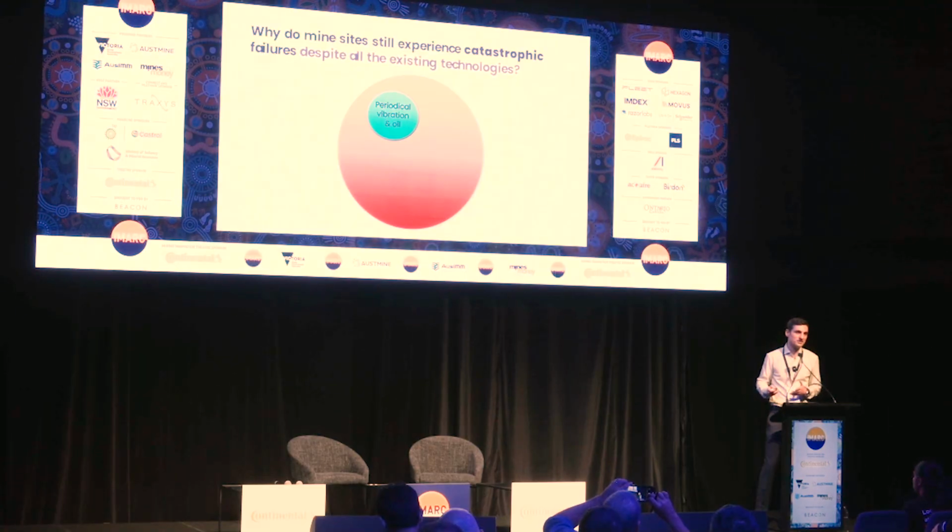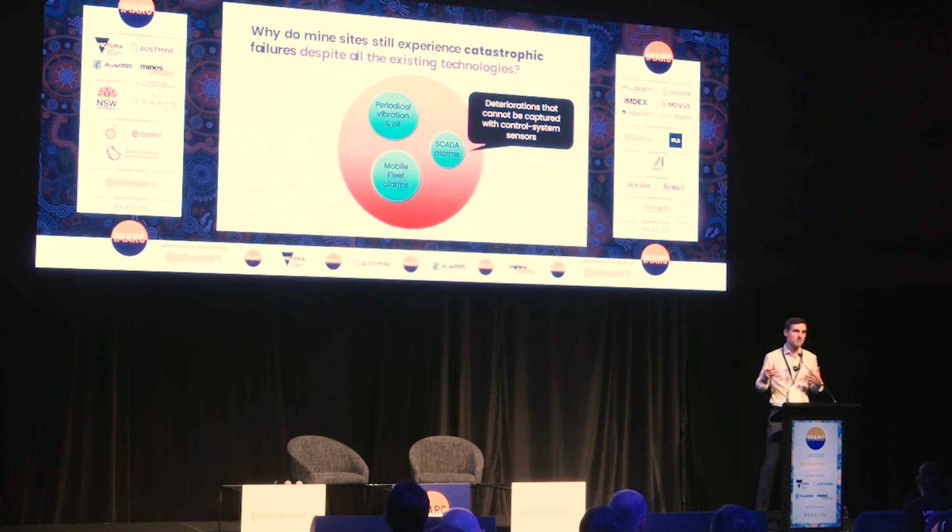Then I have the next one, which is basically all the alarms, right? SCADA alarms, mobile fleet alarms, and so on. And here we have 2 limitations. One is that, by definition, they only work on the sensors on site. Any other failure that is not covered by these sensors, like visual failures, as we're going to see in a moment, by definition would not have any alarms.